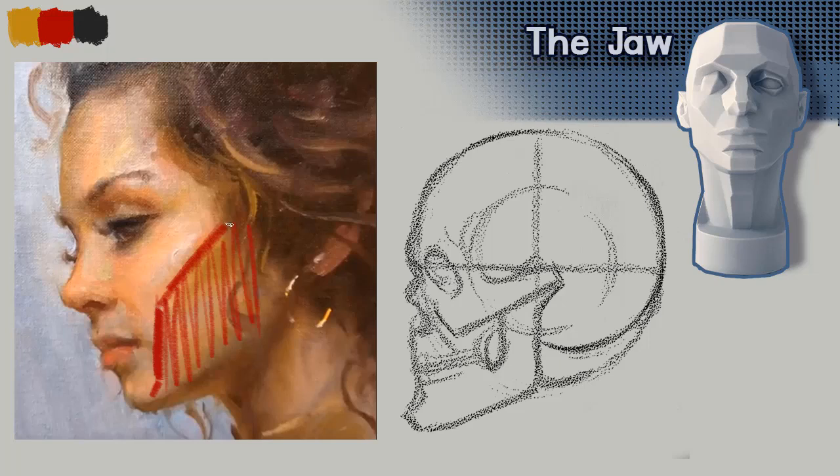Now, I don't want to speak too soon. There is some complexity to the jaw that we'll dig into, but let's understand it first as simply as we can. Now, when I think about the jaw plane in my own illustrations and paintings and drawings, I like to have it intersect the chin a little bit. I group the jaw plane in with the chin. It might be tempting to think of it more like this, but I think it's better to have it cross near the corner of the mouth and come down to the chin,